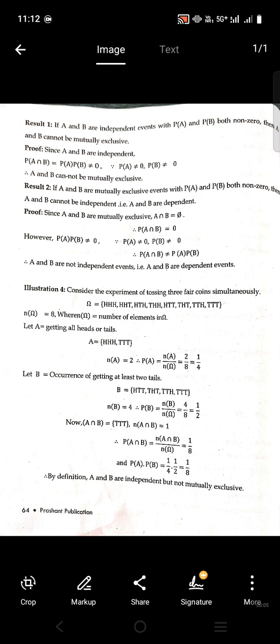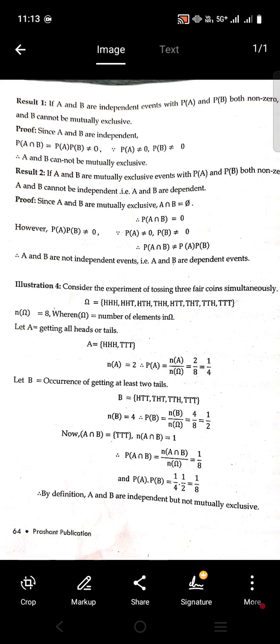Good morning. Last lecture we have seen the definition of conditional probability and independence, and we have seen the independence of two events, and we have solved the numerical problem on the independence of two events. And in this lecture we have seen result one,